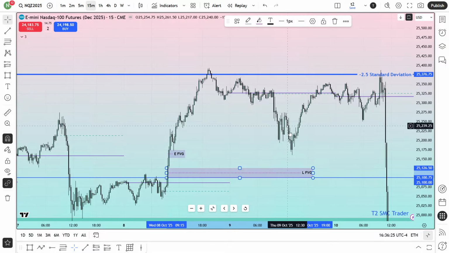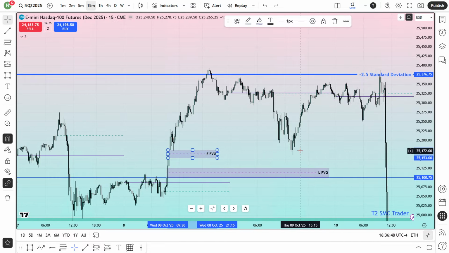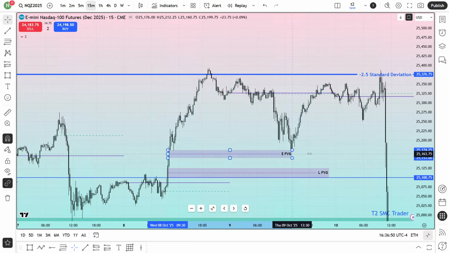So if I would love to take the buy, first, I'm not looking for the buy anymore. Why? Because the market has tapped to this minus 2.5 standard deviation. Whenever I find a selling opportunity where we have framed a beautiful sell, I will take that sell. But for example, if I would love to look for a buy, then I would use this last fair value gap to take my buy. Why? Because this entry gap has already been used. But why has this entry gap been reused over here?